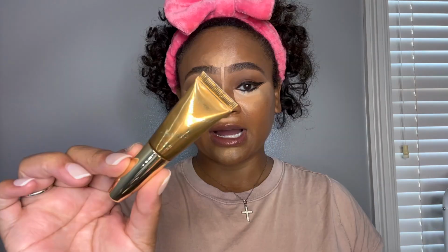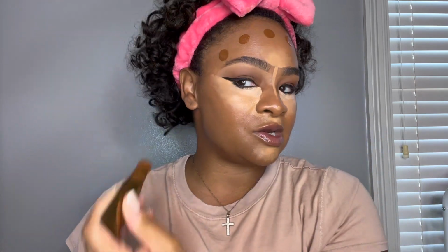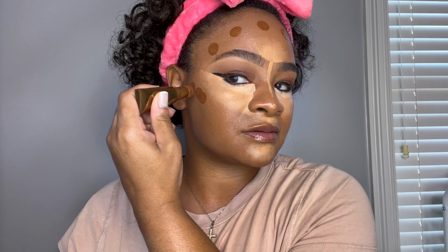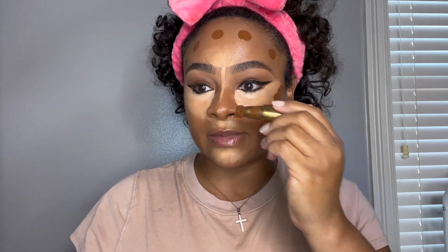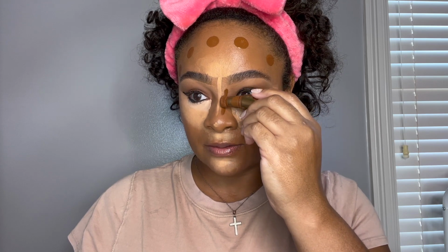All right, this is how the face is looking. I know it's not looking the best, but trust the process. Contour, I'm using the Tarte Sculpt Tape in medium bronze. I just like applying product right in here, and just a few little dots right in here, and the same here. And for my nose, apply just a little bit right in here,